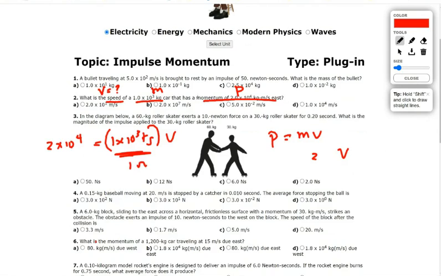So you can see that this is 1,000. This is 20,000. You divide both sides by 1,000. Don't you get 20? Which is right there. 2 times 10 to the first.